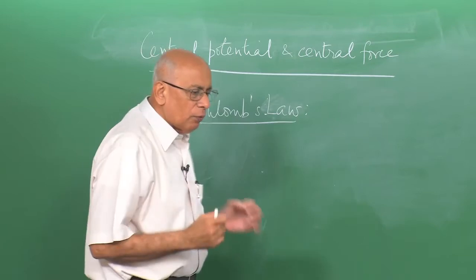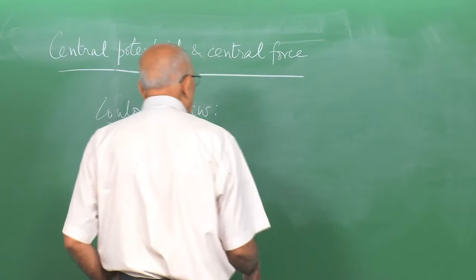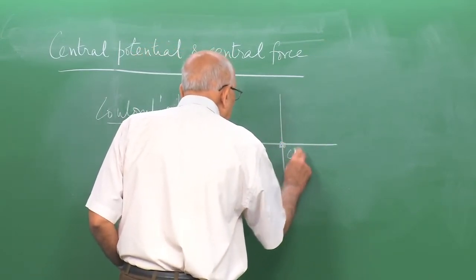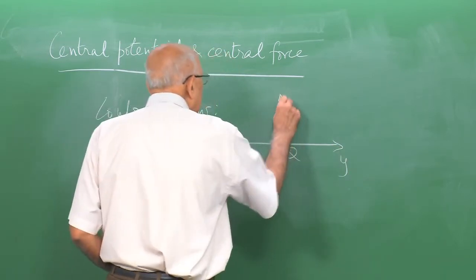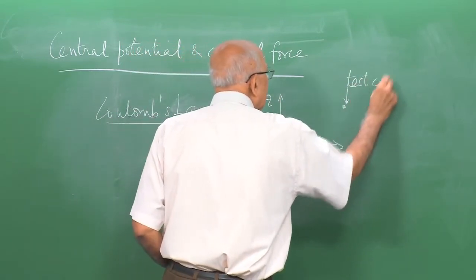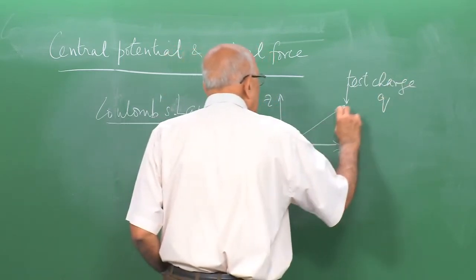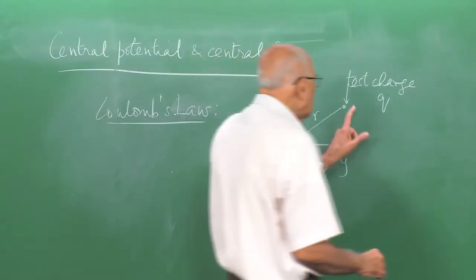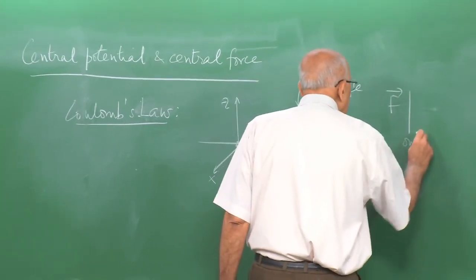that the electrostatic force between two charges, point charges q1 and q2, or little q and capital Q say, is of the following kind. So if you put one charge here, capital Q, at the origin of coordinates without loss of generality, here's x, y and z, and you put a test charge here, little q there, at some distance, little r, from the origin of coordinates, then the force F on the test charge,